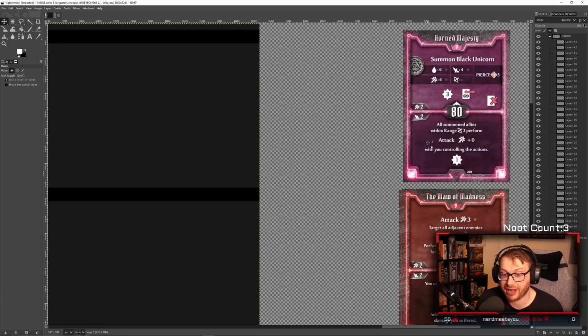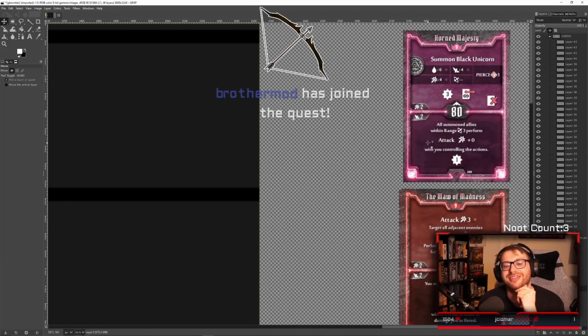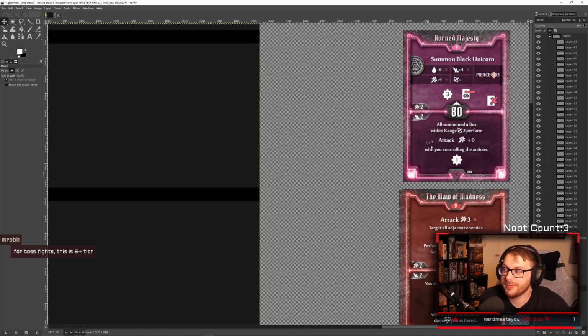And also, the secret power level of this card is not even the top, right, chat? The bottom of this card. All summoned allies within range 3 perform attack +0 with you controlling the actions. If you position yourself well with this bottom as well, this is insane amounts of damage that you can pump out with the bottom of this. Insane amounts. With Beast Tyrant, yeah. Beast Tyrant is insane with this as well. Sometimes I actually struggle to play the top because the bottom is so good. For boss fights, this is S tier. I agree. You can just surround somebody and just wail on them with this. I really like it. I think it's a really...